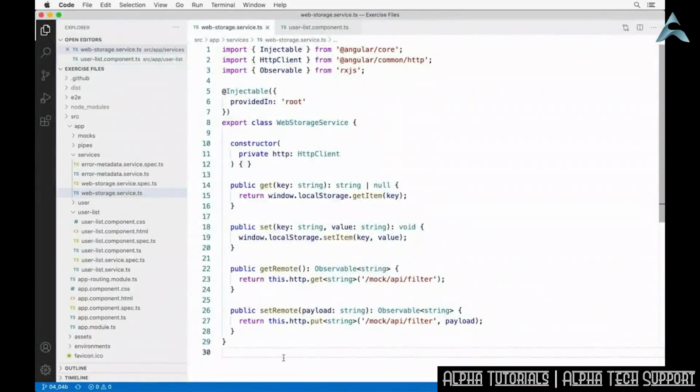Misspelled resource locators are a common error when working with asynchronous server requests. To mimic this issue, let's intentionally add a typo to the end of the URL in the getRemote method in our web storage service. So instead of requesting data from /mock/API/filter, we're going to request it from